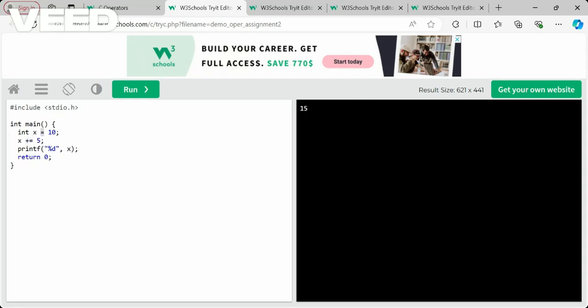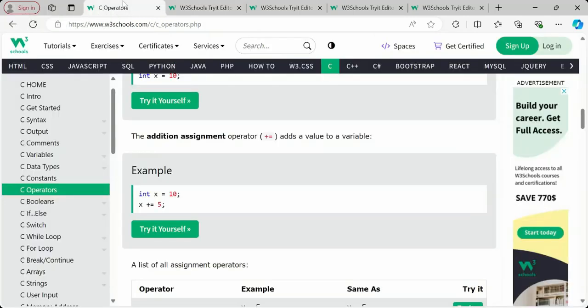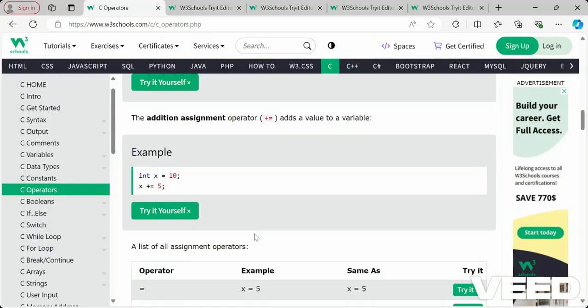This is the assignment operator where we are assigning the value 10. This is a shorthand assignment. Actually what is happening here is x is equal to x plus 5. So the resultant x value is 15, x plus 5, that is 10 plus 5, which is 15. This is the additional assignment operator, which we call the shorthand assignment operator. So these are the list of assignment operators.